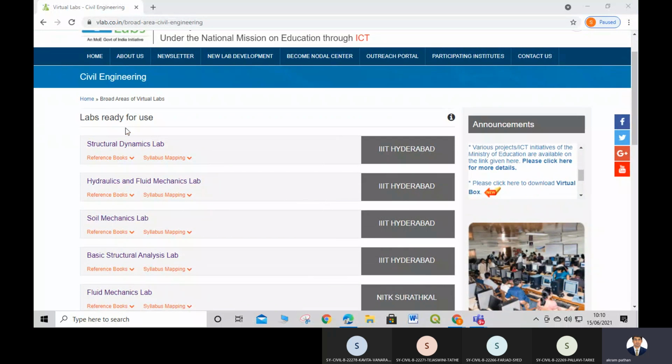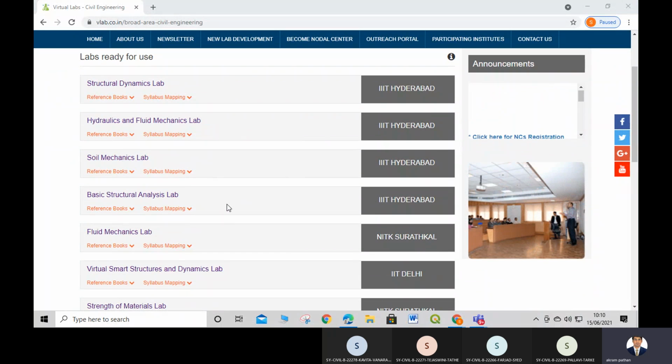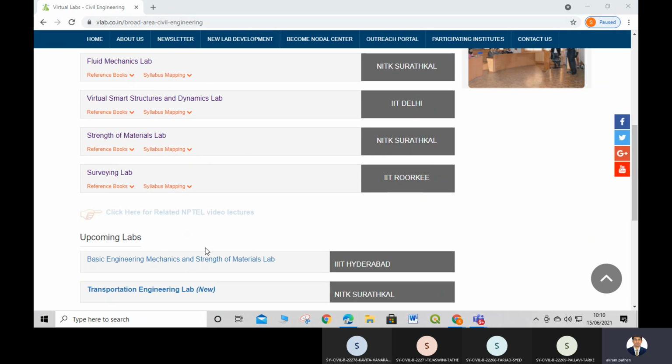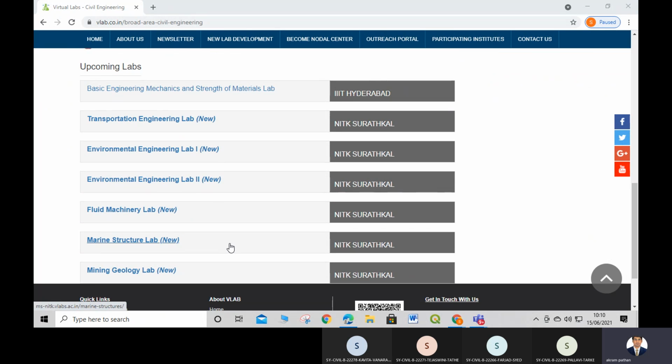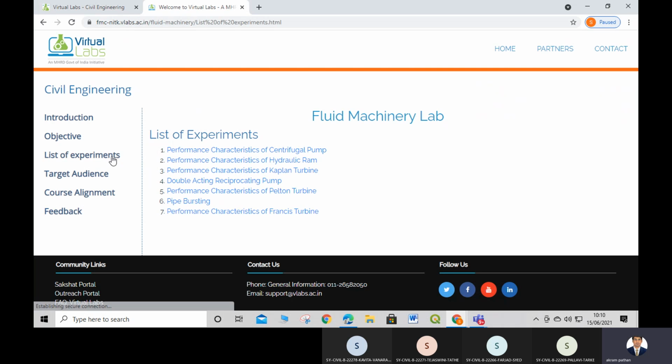Okay, so this is the virtual lab. In the virtual lab, you will find various labs for civil engineering, developed by various IITs or NITs. We have the virtual lab developed by NITK Surathkal. Under this fluid machinery lab, we have a list of experiments: the centrifugal pump, the Kaplan turbine, the reciprocating pump, the Pelton turbine, and the Francis turbine. These are the practicals you can perform with the help of such a